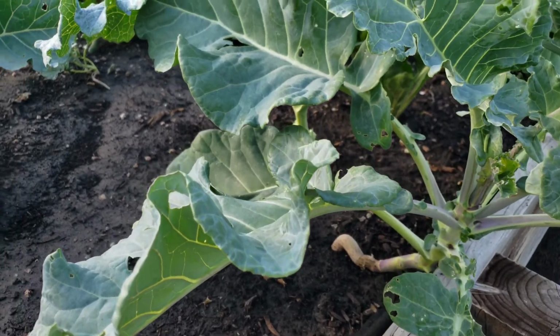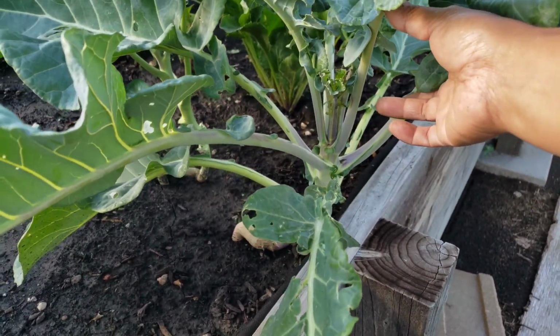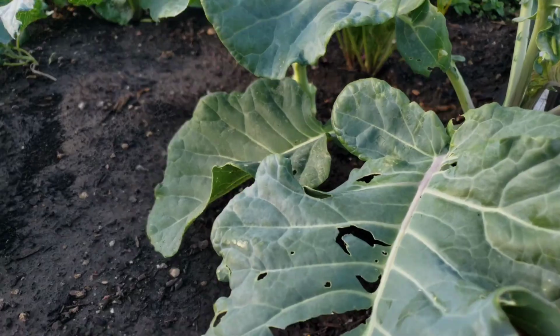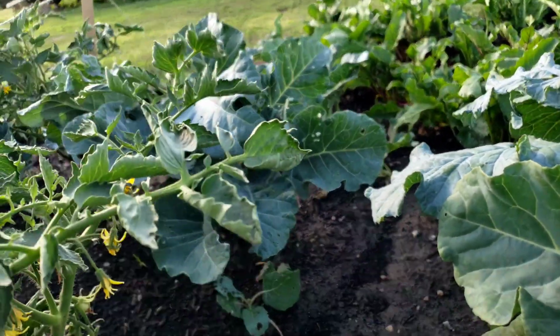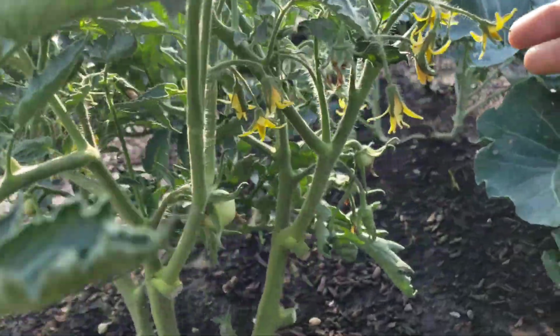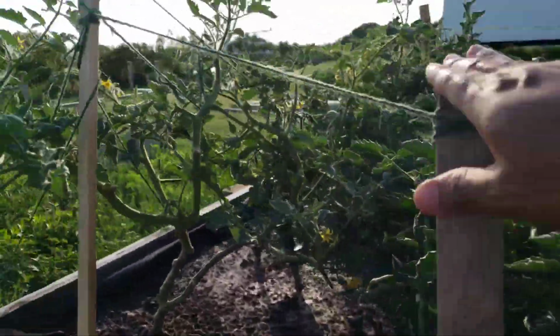This is my cabbage and it's growing good, though you cannot see anything yet in there, but it's doing good. A dozen, but some of it is smaller like this. There is my tomato here and it's flowering pretty good. And yesterday I put this support